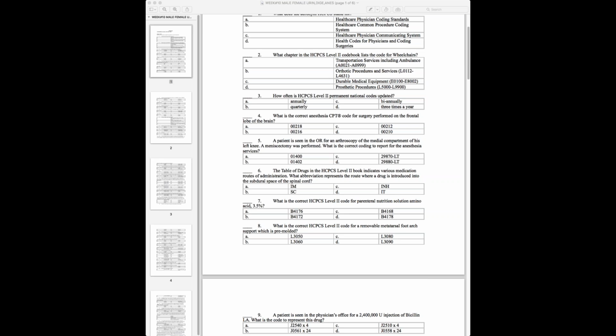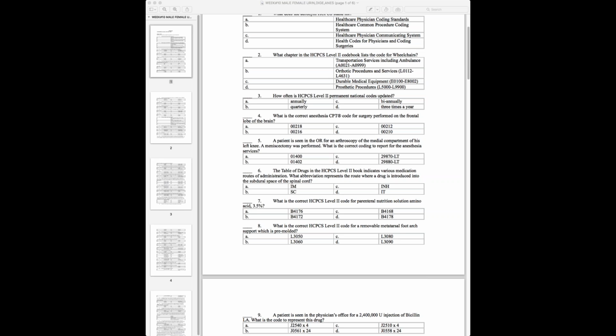And number 4, what I was stating was in your CPT book, please remember that you can actually go to the index in the back. We're going to do it together. So if you have your CPT book, you can turn directly to the term anesthesia. Some people like to do it this way. Some people like to just go page by page in the anesthesia section. But I just want to give you different options, and whichever way makes you feel comfortable, that's how you will use it. So if you turn to page, make sure I have my right book,